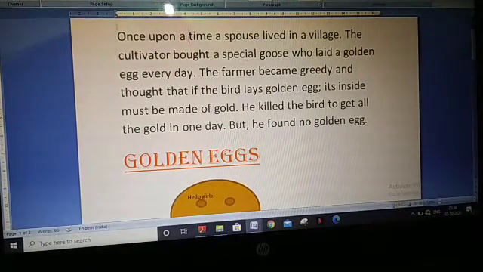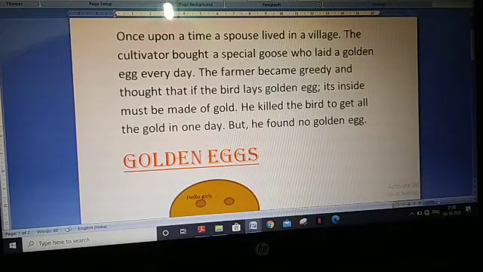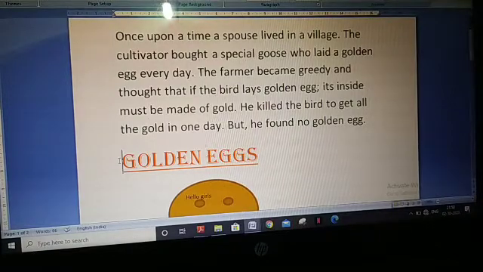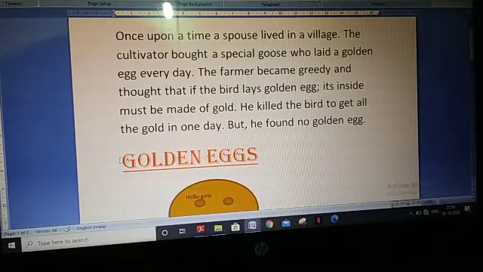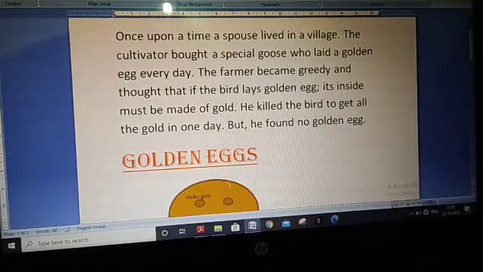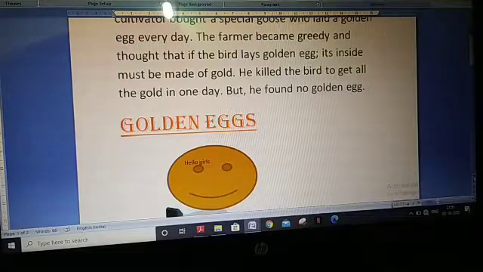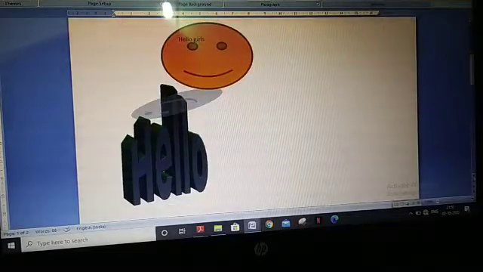Suppose I want this paragraph on the first page, and after this golden eggs heading, bring the cursor here. Click here, so the cursor appears here. Now I want a page break, meaning the remaining part of this page I want on the next page. So we can shift it to the next page.